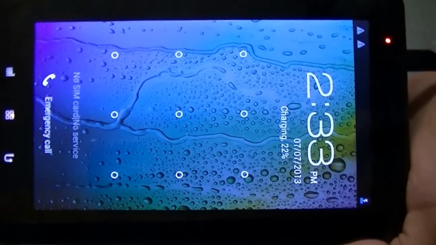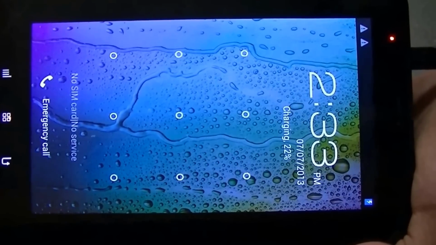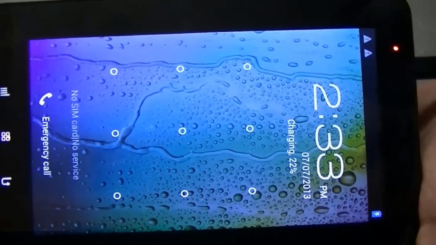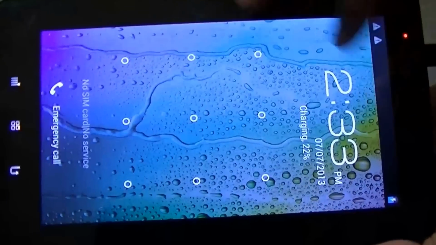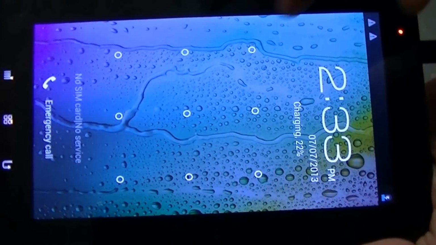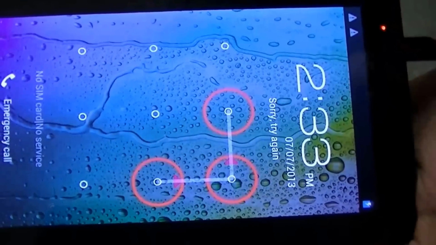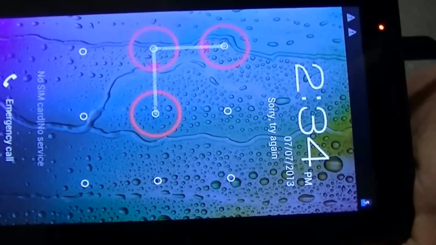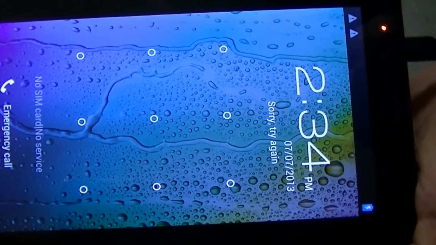You're watching this very video because you want to learn how to factory reset your tablet PC, your Android tablet PC. There could be various reasons why you want to do so, but this lock screen is certainly the most common reason, since you have forgotten the pattern password and you don't know how to enter inside the tablet. So factory reset is the easiest way by which you can still enter into the tablet. So let us learn it very quickly.